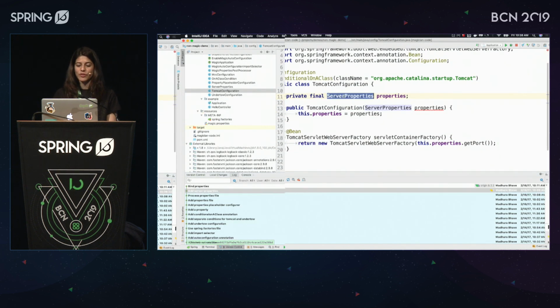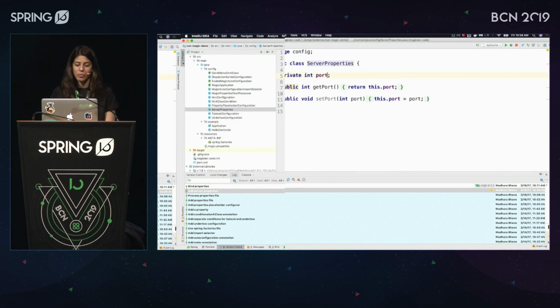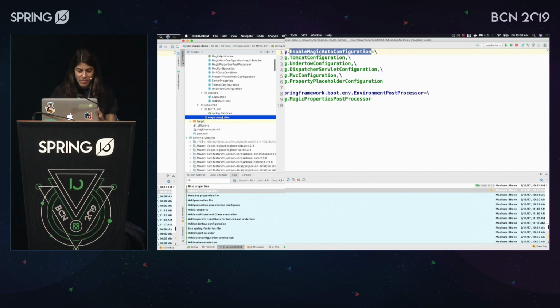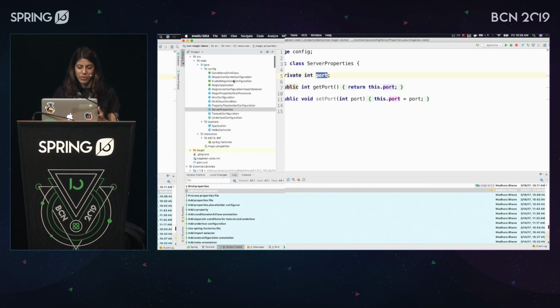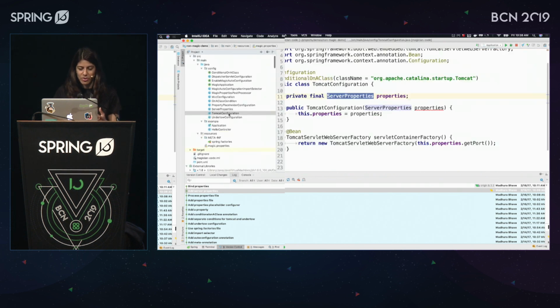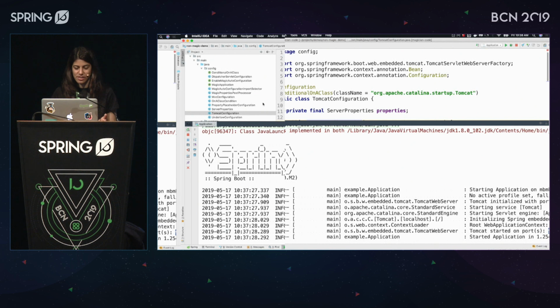So instead of using the @Value annotation, now we're using this class, ServerProperties. In ServerProperties, we have a port which you can then set to whatever value you want. In magic.properties, we still have port 9090, and we've used ServerProperties in the Tomcat configuration class. But again, if I run this,